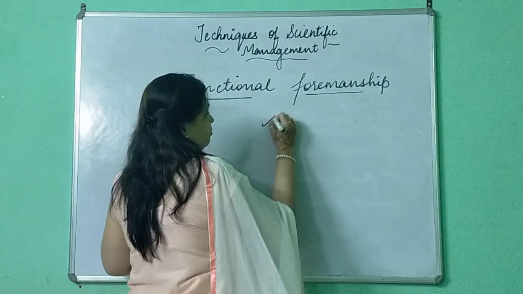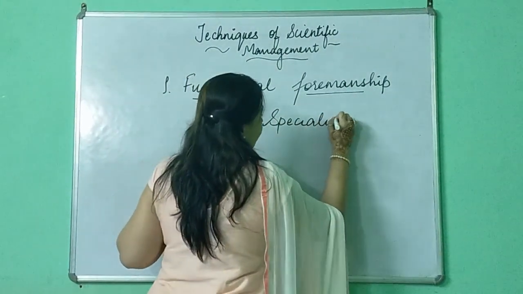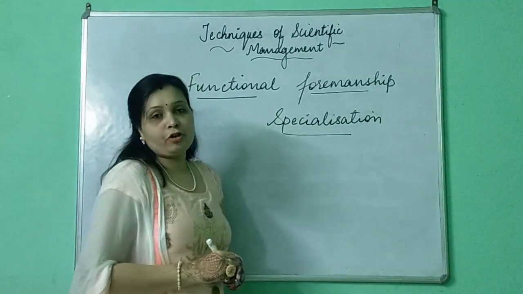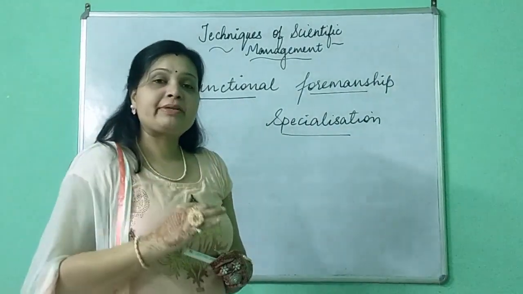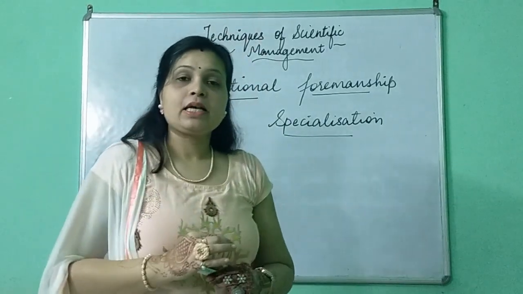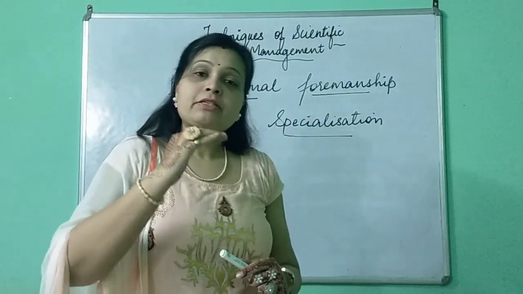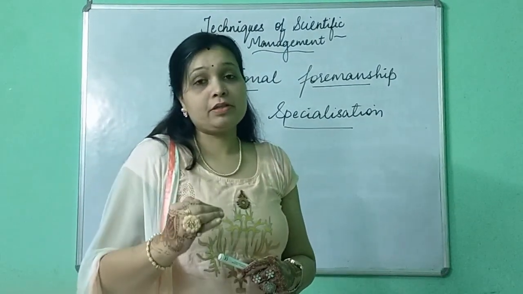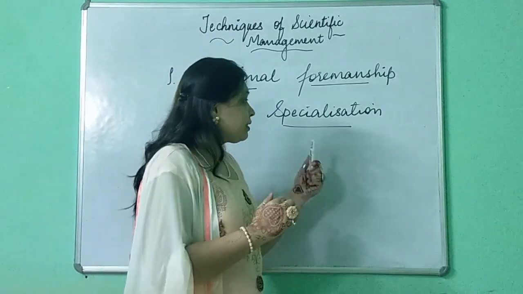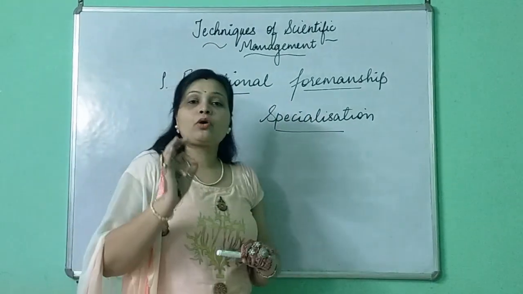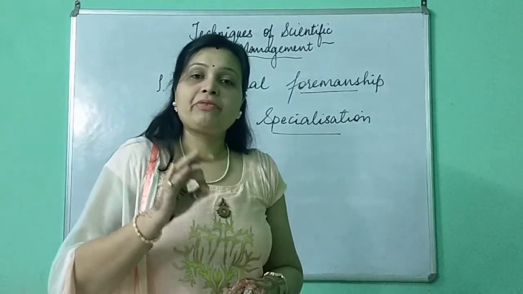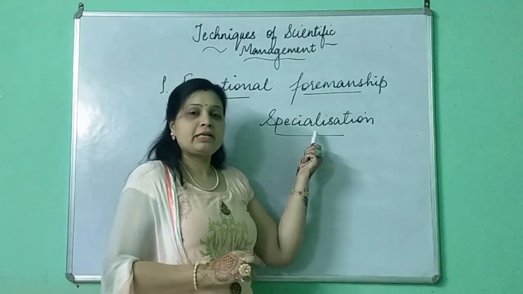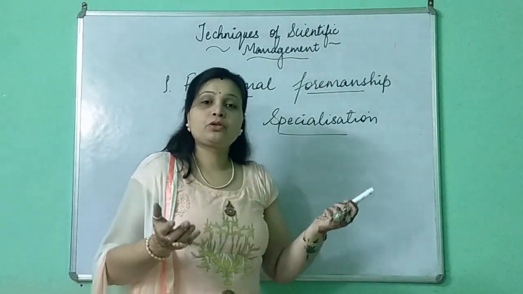Specialization means, we have already learned this word in principle of division of labor. What does the division of labor principle say? Division of labor says that the work should be divided into smaller tasks and each task should be given to a particular person who is capable of doing it. In the same manner, functional foremanship is also based upon principle of division of work, or we can say principle of specialization,